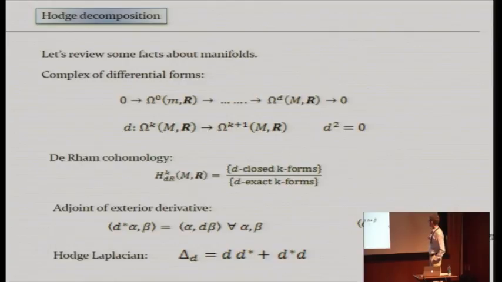Furthermore, there's a natural metric. Given a metric on a manifold, you can define a natural L2 inner product on the space of differential forms. You just take alpha, wedge it with the star of beta. This is the Hodge star operator, which is basically contraction of the form with the epsilon tensor and then lowering some indices with the metric. Once you have an inner product on differential forms, I can define the adjoint of any operator. In particular, I can define the adjoint of the exterior derivative with respect to that inner product, denoted by d upper star.